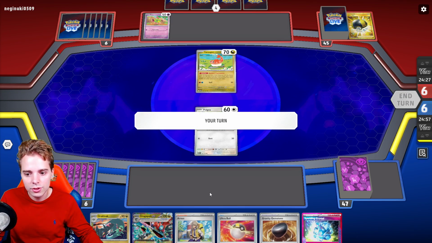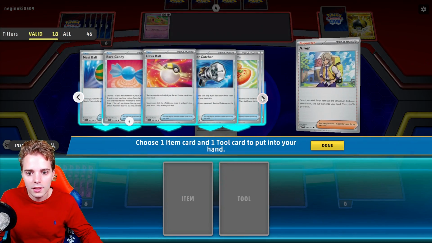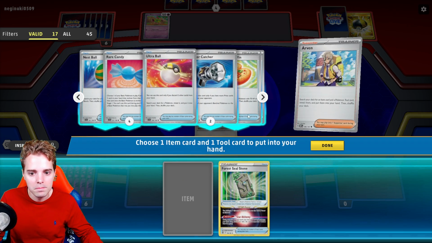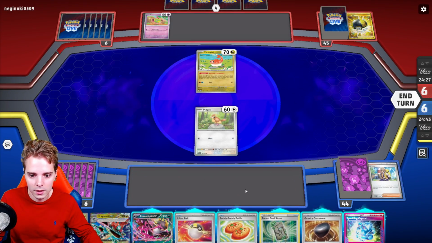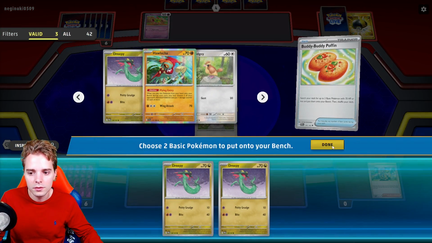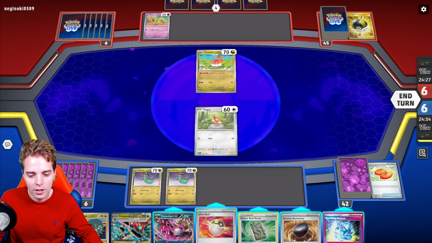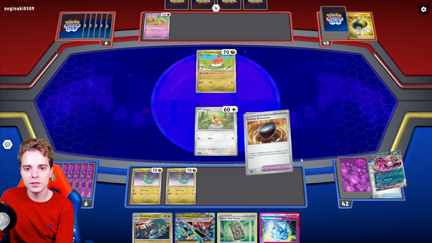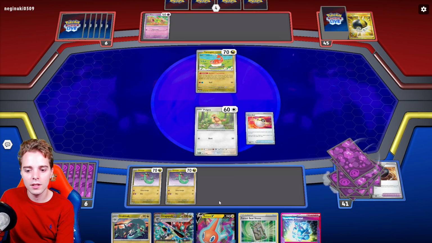Let's go. Showcase them what we're made of. Arven, getting ourselves a Forest Sealstone, Buddy Poffin. Let's go with the Buddy Poffin, getting Dreepies. Let's go. We currently do not have... Yeah, we can actually Ultra Ball. Get rid of these. Wait with the Forest Sealstone. I don't know if they have Arven, if they have Iono or not, but...